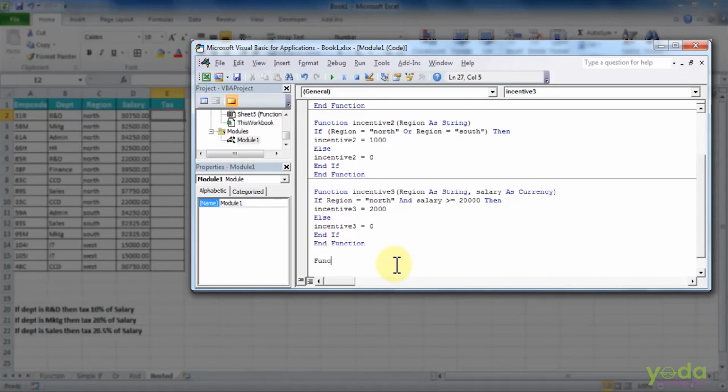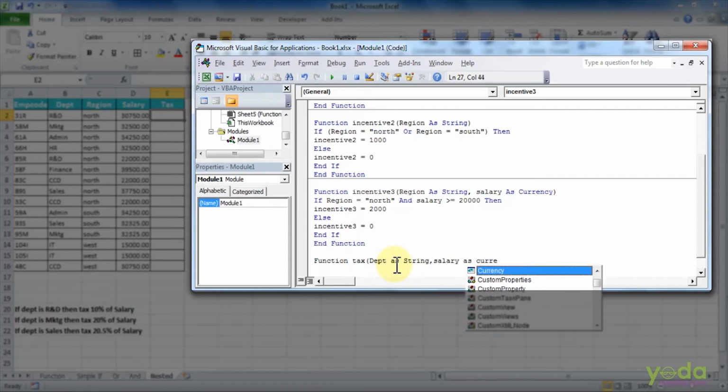I'll type again the function. Now since I will be calculating the tax here, the name of the function will be tax. Now what will act as an input for me? First of all, the department will act as an input for me, which will be the data type string, comma, and next will be my salary, which will act as a currency.